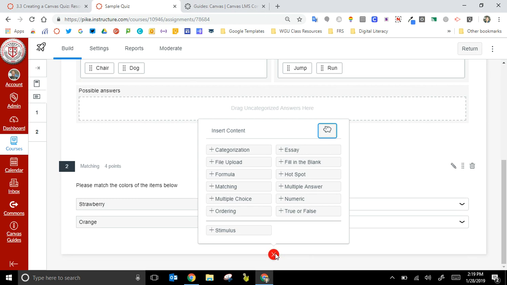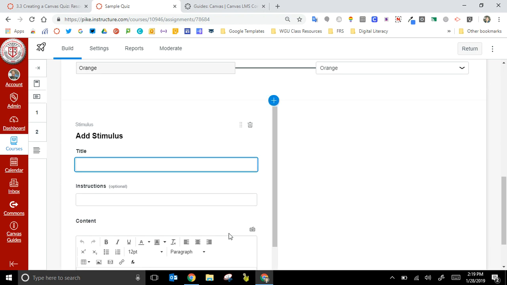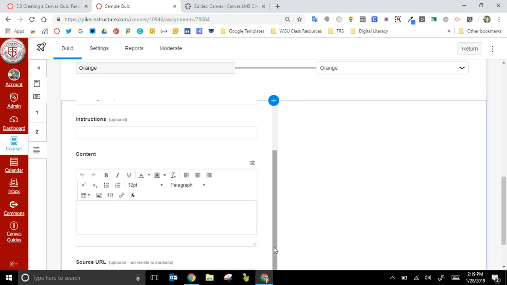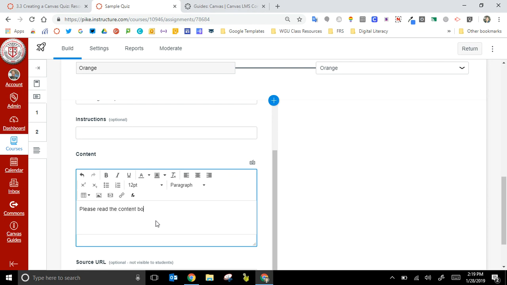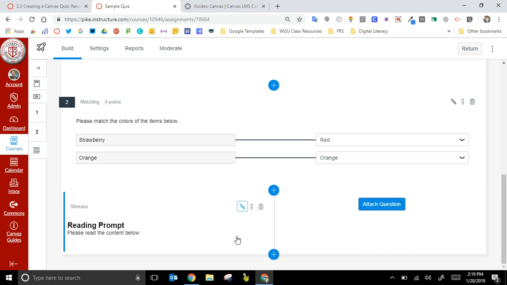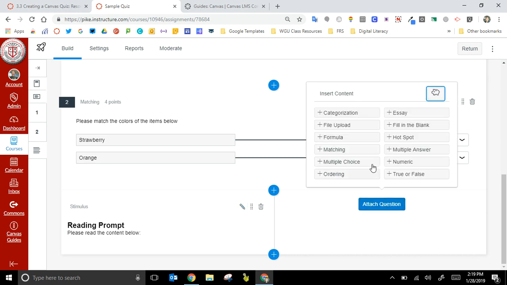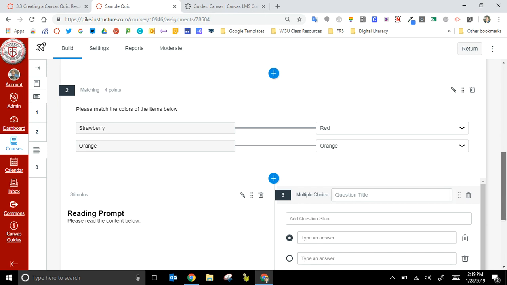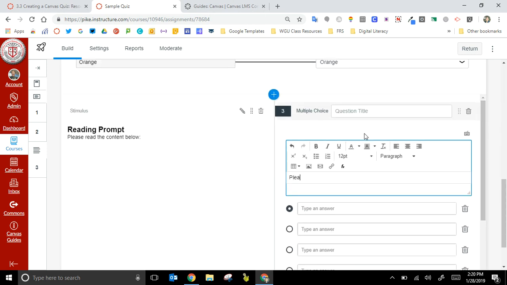And then another feature that is really nice about the Quizzes.Next environment is this stimulus question. If I click stimulus, I can add a reading prompt or a graph or other piece of information that I want them to be able to look at for multiple questions. And I can paste in my text there. I'm going to scroll down, click Add Stimulus. And then on the side, I can attach some multiple choice questions, add my stem,